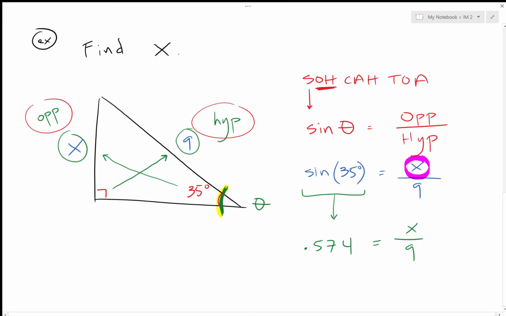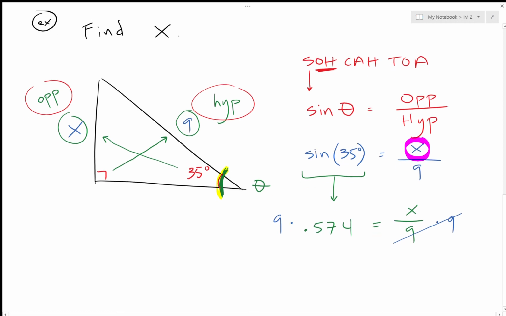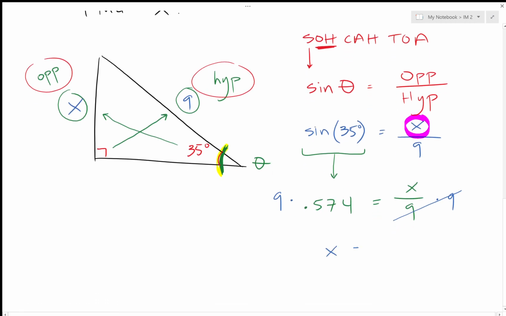We can get rid of the 9 by multiplying, but what I do to one side, I do to the other. So now 9 times that 0.574 number should come out to x equals 5.166. So we've got an answer for x, and I'm going to box that because that is our final answer,